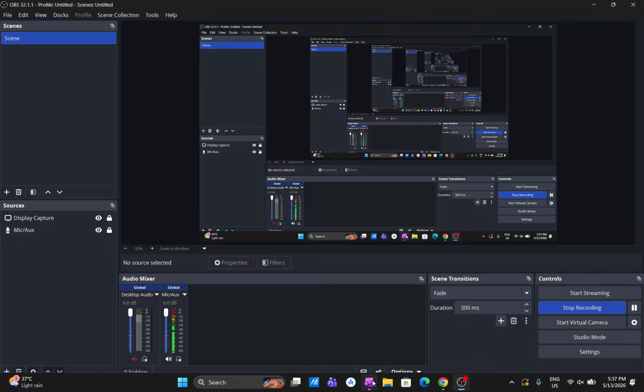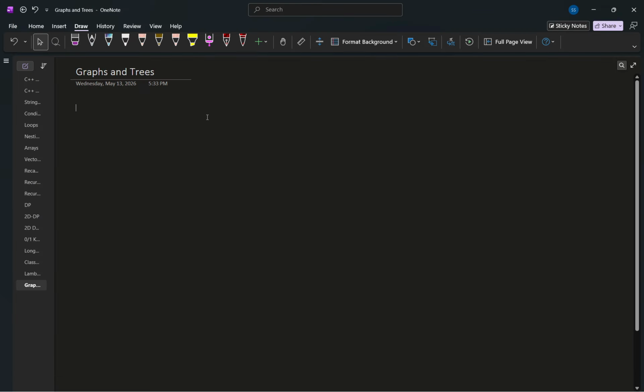So today we'll be studying graphs and trees. It will be just the info of graphs and trees. There will be no code for today, or we'll have some code. A graph is basically a 2D matrix or 2D vector or array, whatever you want to call it. So it's basically a 2D matrix